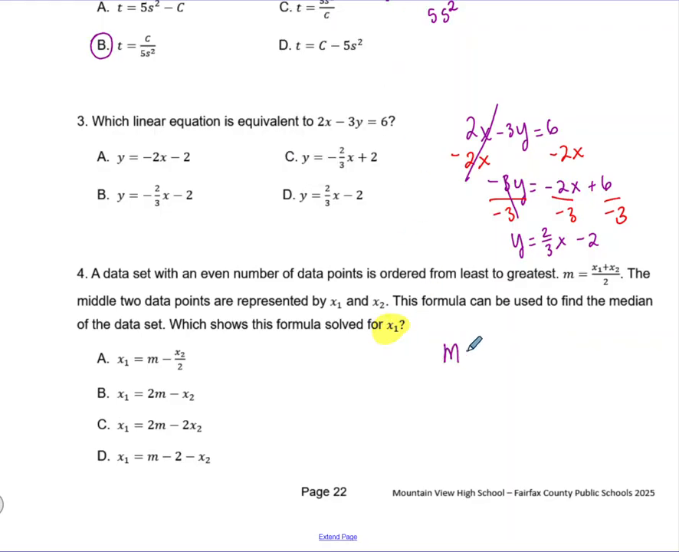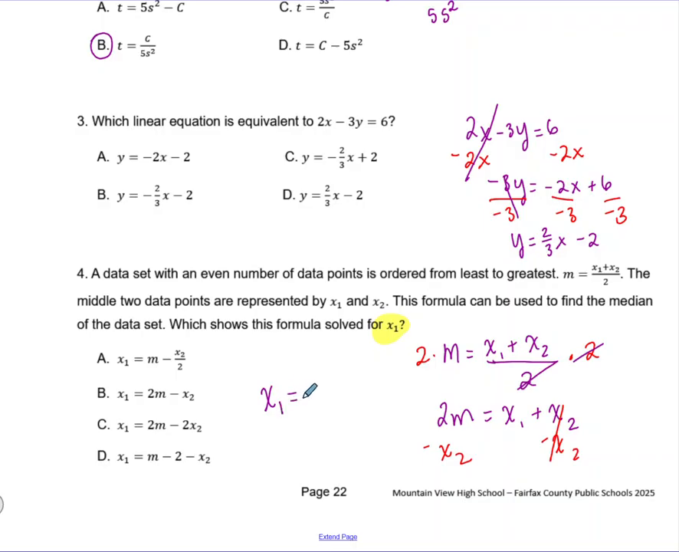So to get x1 by itself, before I can subtract or add or anything, we'll go ahead and take away the 2 by multiplying by 2 on both sides. So you have 2m, and then the 2's get cancelled out, equals x1 plus x2. And then we're going to subtract x2 to get x1 by itself. And then you have, let me just write the answer here. So you have x1 equals